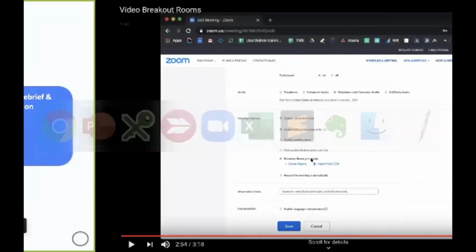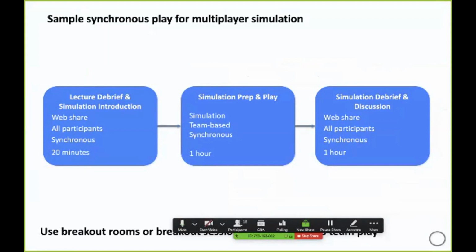And with that, you're going to be able to do a synchronous multiplayer session pretty seamlessly. I think it's going to work pretty well if you use that kind of breakout room technology for setting it up. All right. So our last piece for today is to talk about anonymous multiplayer